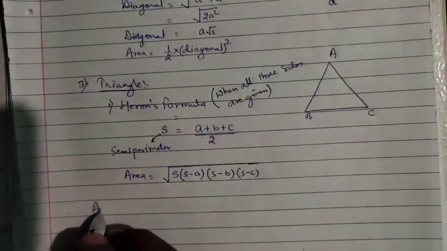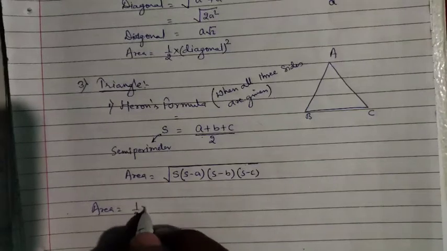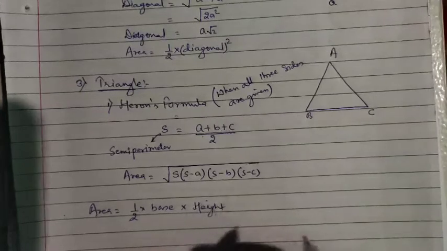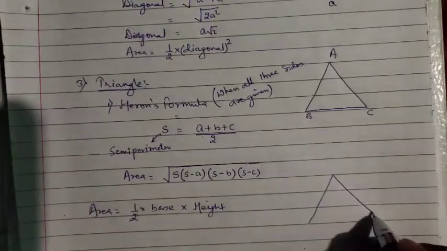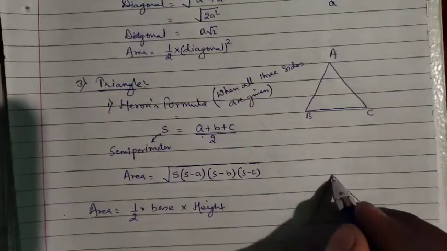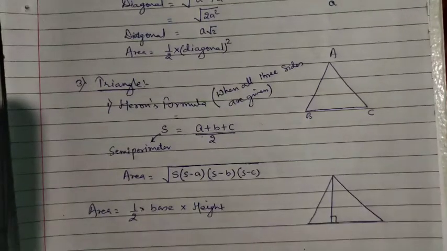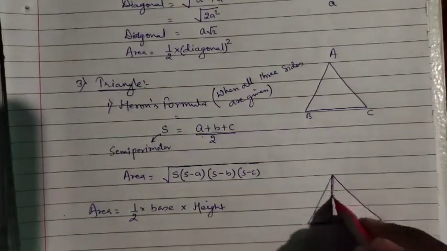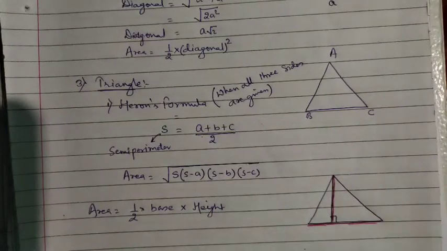Now one more formula for calculating area of triangle is half into base into height. When height on any of the sides is given, suppose this is the triangle and on this side this height is given, height means it should be perpendicular. When height is given, then half into base into height, this one will be base and this one will be height. This much formula is there, and if any other formula is needed, we will see it in the question also. Now we can start our exercise.